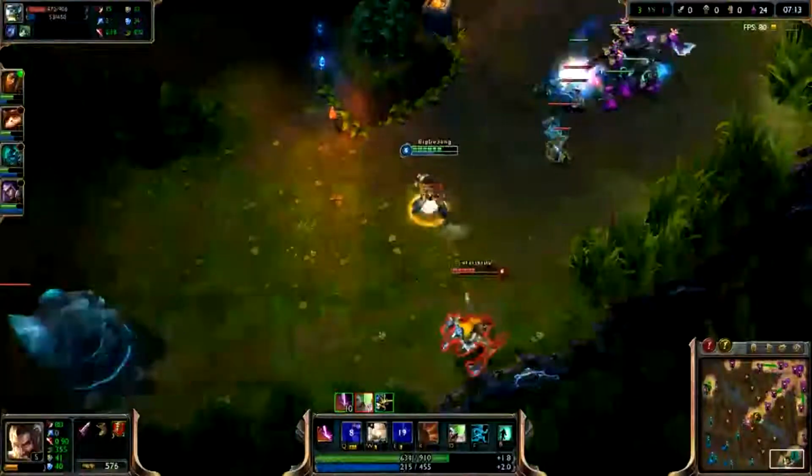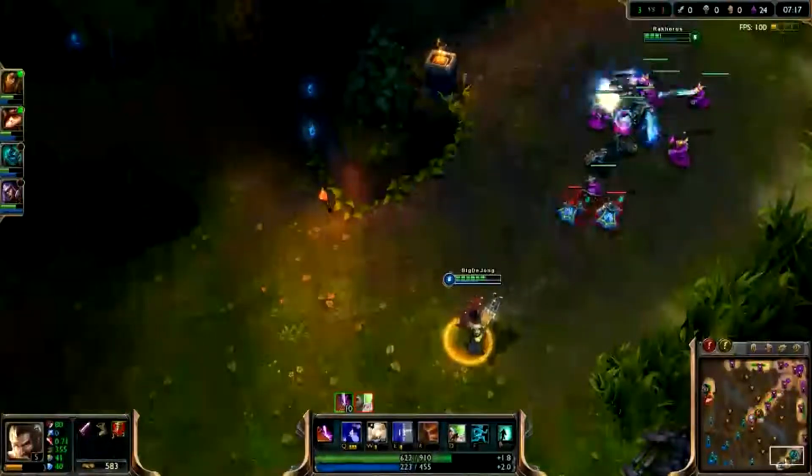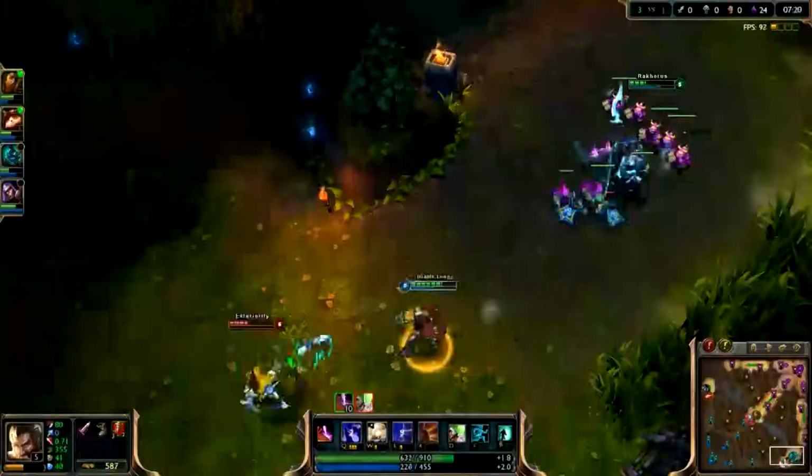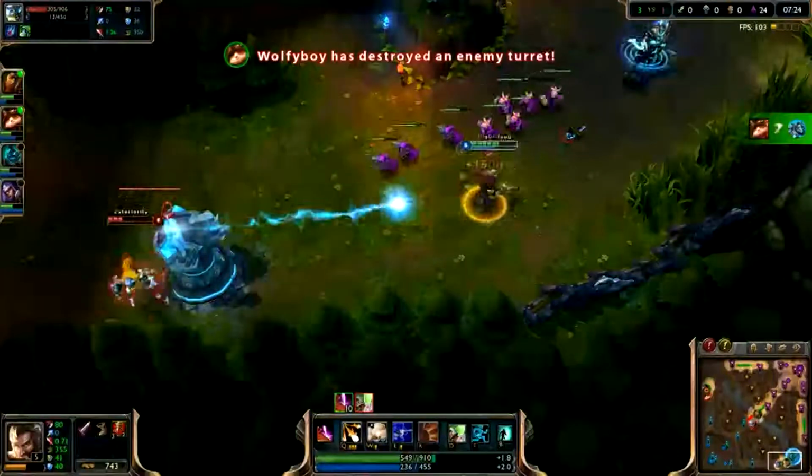Almost got a kill there. But now I'm going to retreat back and focus on last hitting. So now that I've pushed my enemies away, I can feel free to last hit. And actually, my teammate gets a lot of those last hits, but...